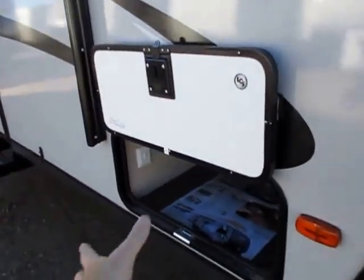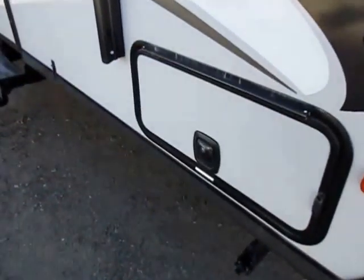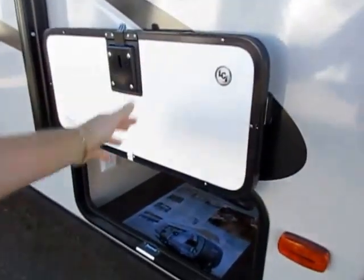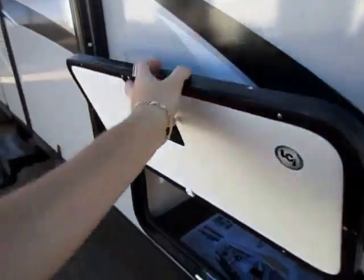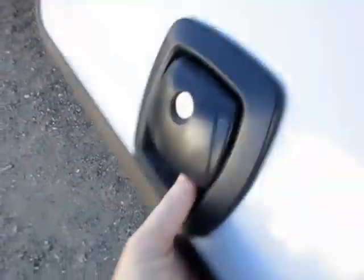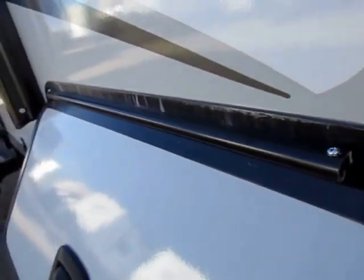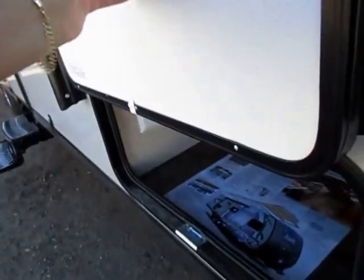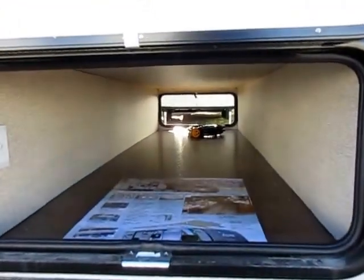So first of all, it flips all the way up. It's out of the way. You don't have to juggle it open with your head. And it is a true one-hand latch system now. I can easily operate this with just one arm. The latches here even are an upgraded latch system. And if you listen, you hear that clinking sound. This is metal latches, not plastic, so it's not going to crack when it gets cold. They even seal the piano hinges on these baggage doors to keep water out of those, to keep those from getting sprung and damaged. Wider 30-inch baggage doors, and it is the same size baggage door on both sides of